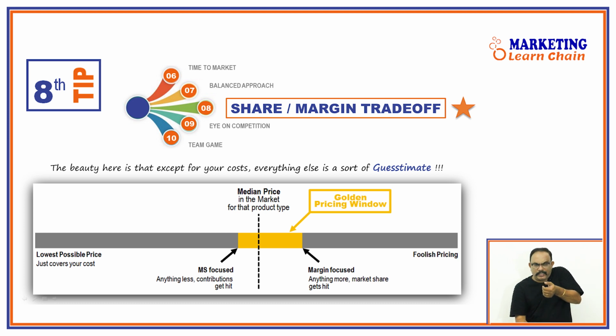If you're going slightly below the median price, you get the advantage of eating a bit more into the market, gaining a bit more market share at the cost of your individual contribution getting compromised. On the other side, if you have the guts to move above the median price, if you have the confidence, if your product is really good, then market share might get compromised, but your products will still heavily be sold,